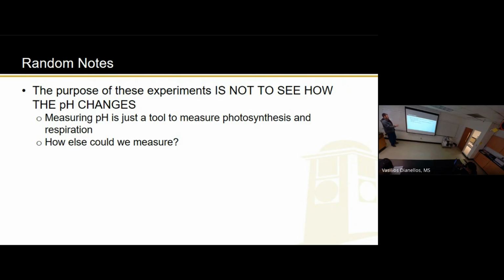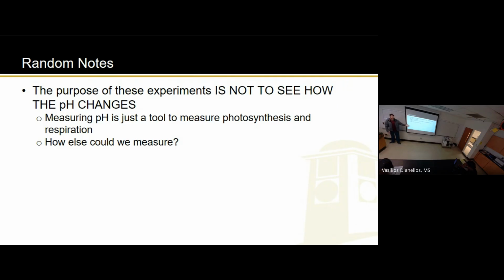But just to be very clear, this is not a pH experiment. This experiment is not about pH. pH is merely the tool. It's what we're using to measure the rate of photosynthesis, right? So please don't think this is because we just got finished not too long ago doing a pH experiment. But no, we didn't, did we? We should have, but we were snowed out, so you did it virtually. Anyway, the point is, this is not about pH. This is just a tool.